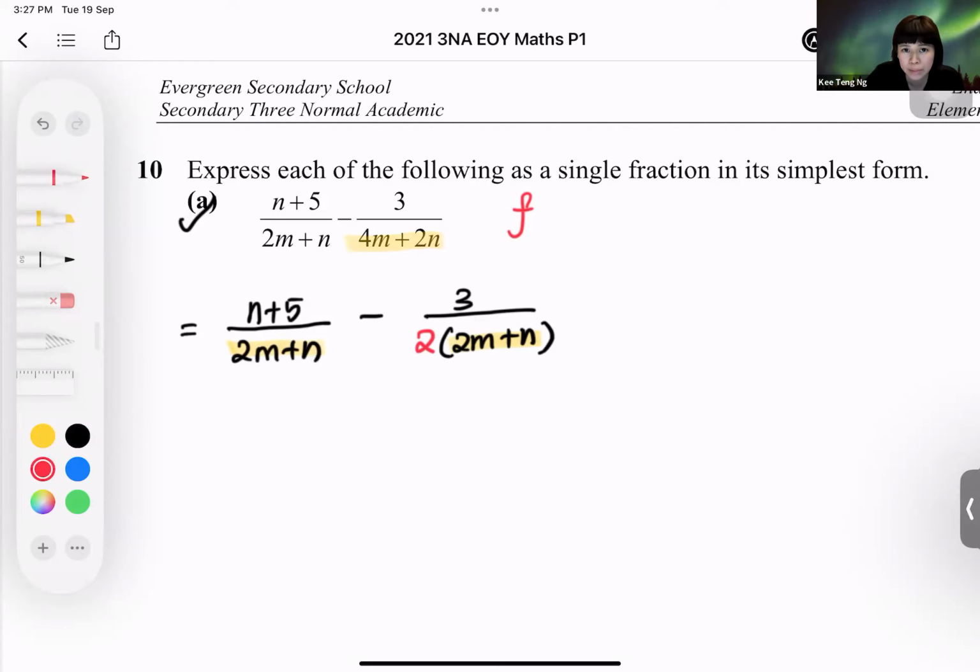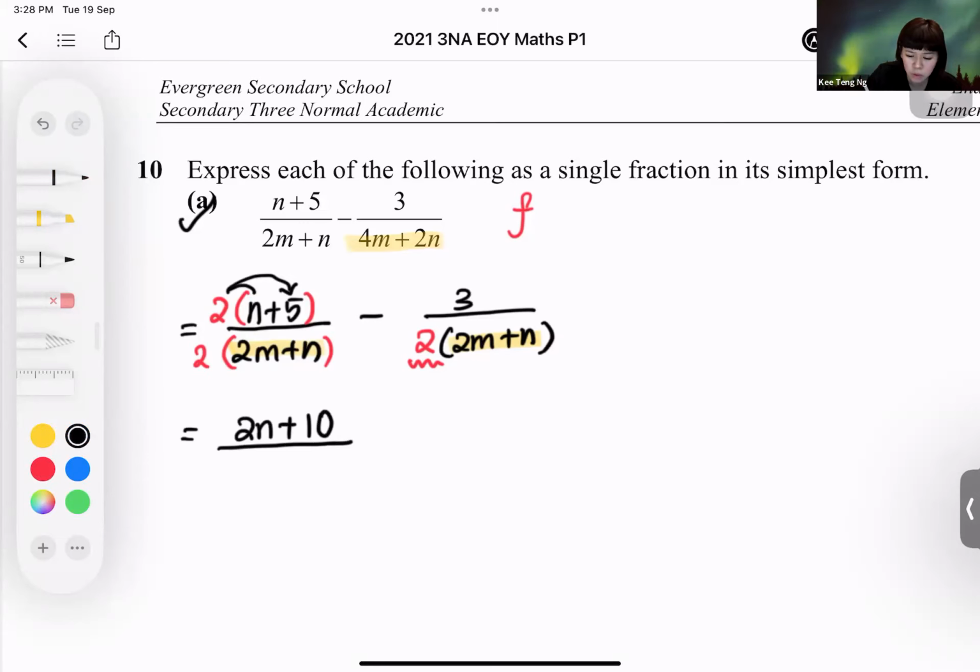We need to make them the same denominator. So this whole thing, I need to multiply with the factor 2. Let me expand my numerator, 2n plus. Remember to multiply it to the one at the back side as well. So 2n plus 10